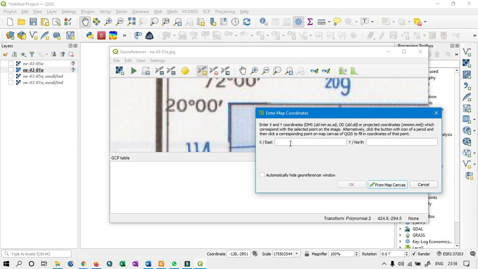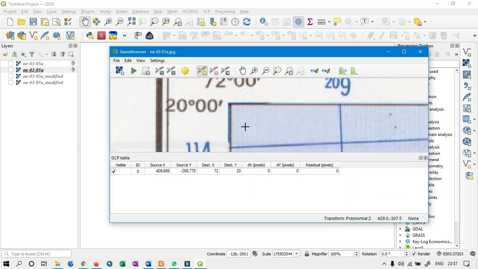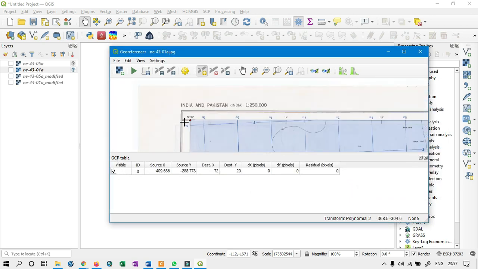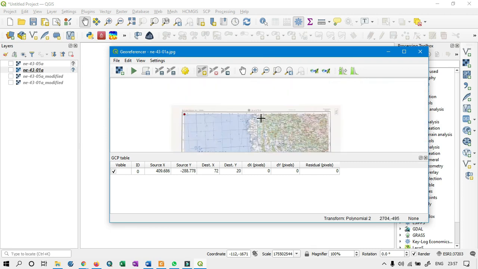You have to put the appropriate value. So here our value is 72 degree 00 minute east, and north is 20 degree 00 minute, and okay, so my first ground control point has been added to the GCP table.